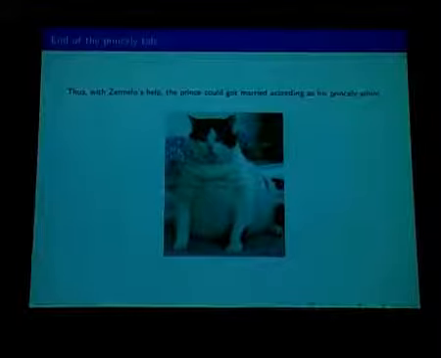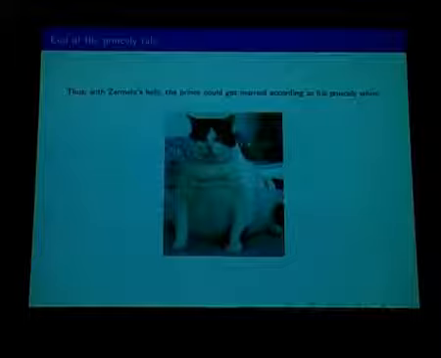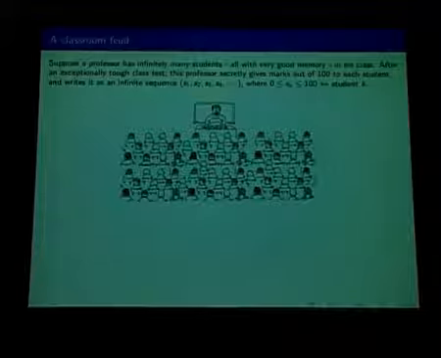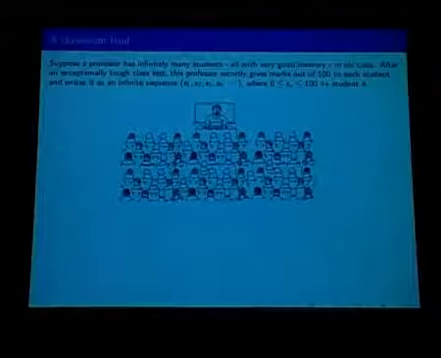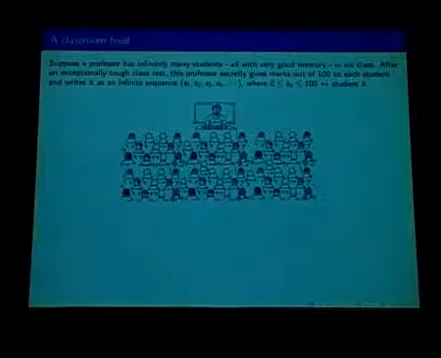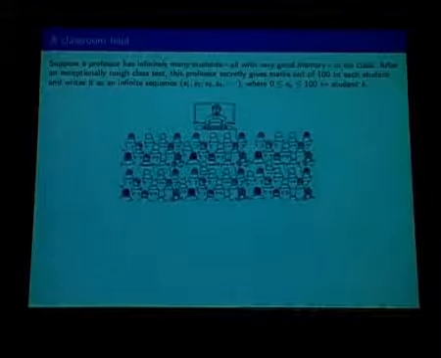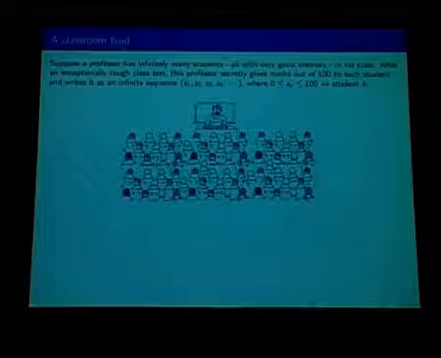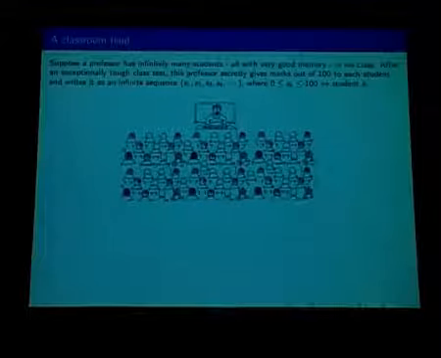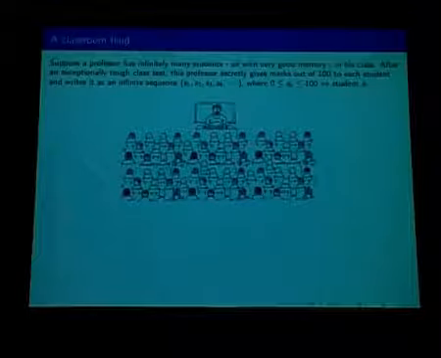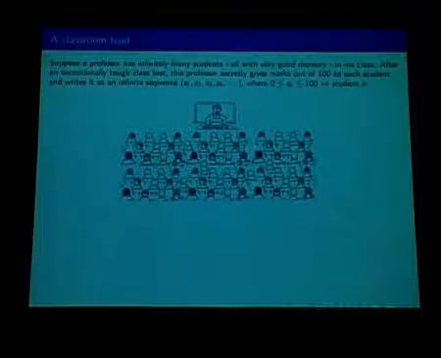So with the court logician's help, the prince got married and that's the end of that story. So let's go into another story, which comes as a funny application of axiom of choice. Suppose a professor has infinitely many students in his class and each student has awesome memory, very good memory. He took a very tough class test, and the students are not sure how they scored. So the professor gave marks to each student and wrote down those marks as an infinite sequence. So this S1 is the mark for student 1, S2 for student 2 and so on.